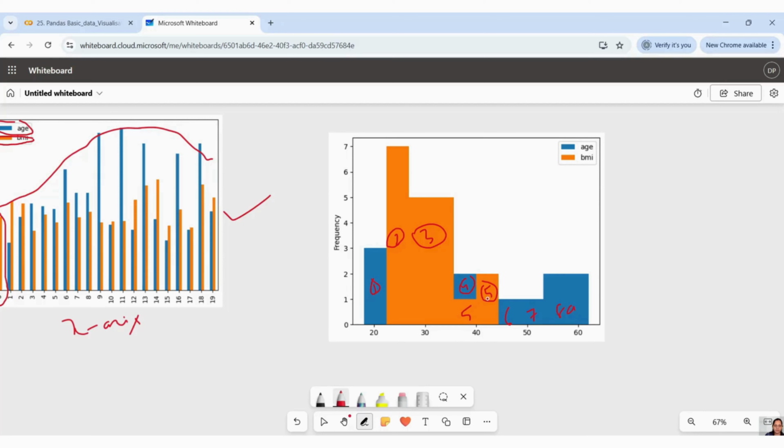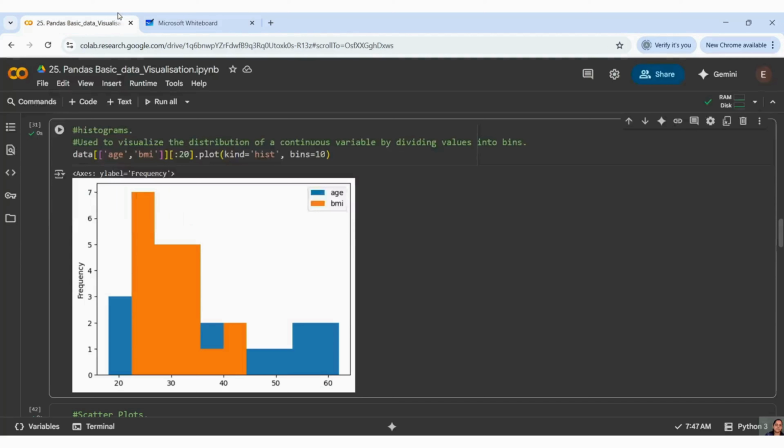This one is actually 5. This is 6, because you can see it is completely divided, right? These two things are divided. Then this is 7, 8, 9. So bin means basically you can consider that this whole thing is one bin, and this whole thing is again one bin. Like that, guys. So when I'm saying bin of 10, it is dividing the whole data into 10 bins and giving us the output.